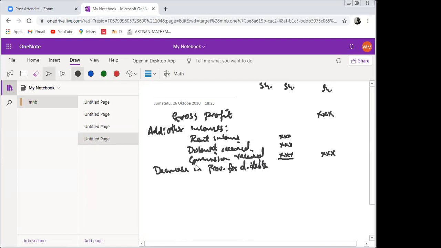You also include it here as other income, and then you add all the additional incomes so that you can arrive at a figure that you are going to add to the gross profit, so that you can arrive at a figure that you are going to include here as the other income total, so that you add and get the figure here. Having arrived at that, now you less